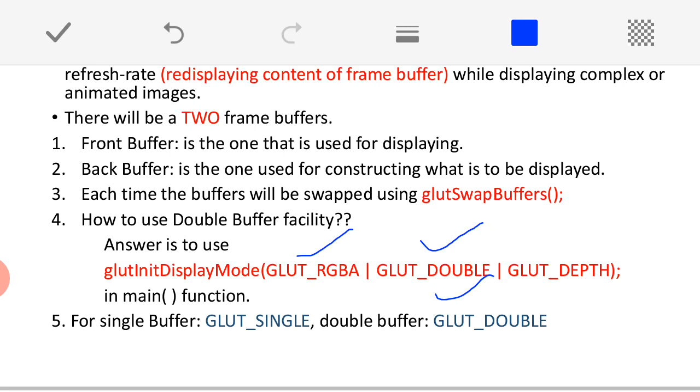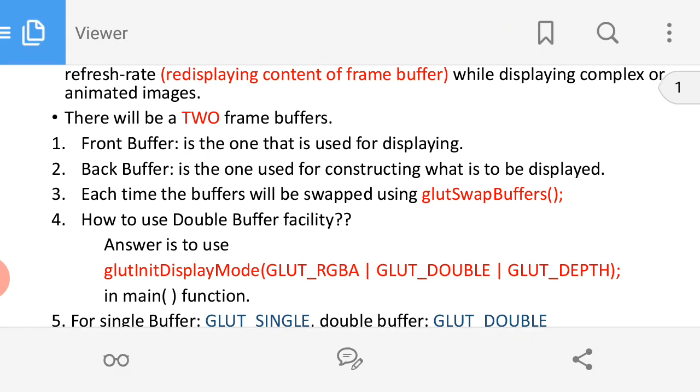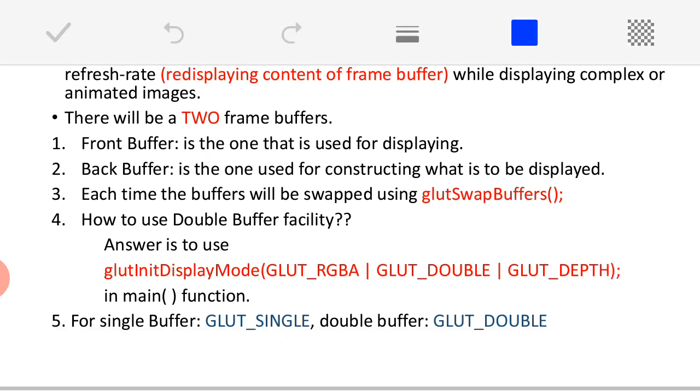So, how to use the double buffering? You have to use this constant GLUT_DOUBLE. If you do not want to use the double buffering, then there is a single buffer, that is GLUT_SINGLE, and this is also the default in OpenGL. Whether you mention it or not, OpenGL is always going to use the RGB color model, and your buffer will be always single. If you want to use the double buffering, explicitly you have to use this GLUT_